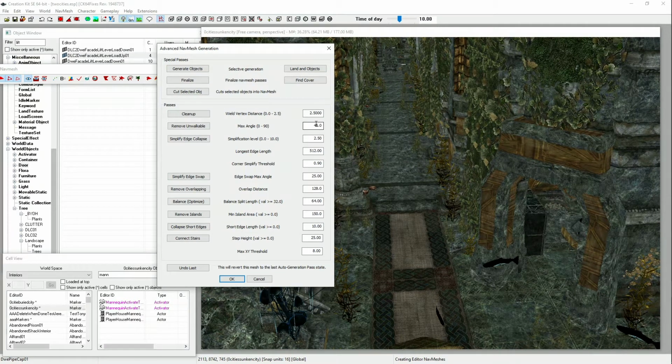It means what's the highest angle a piece of Navmesh can generate itself at without it being manually generated. And you can change it from 45 degrees to 50 degrees, to 35 degrees, to 90 degrees, to whatever you want it to be. Simplification level is basically